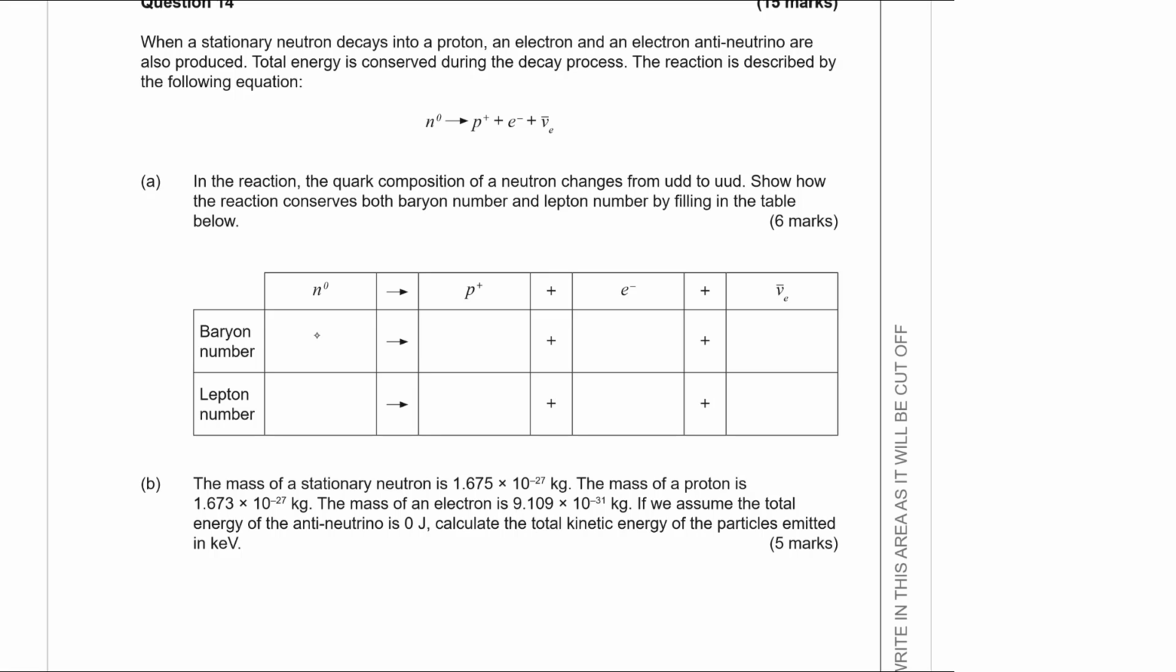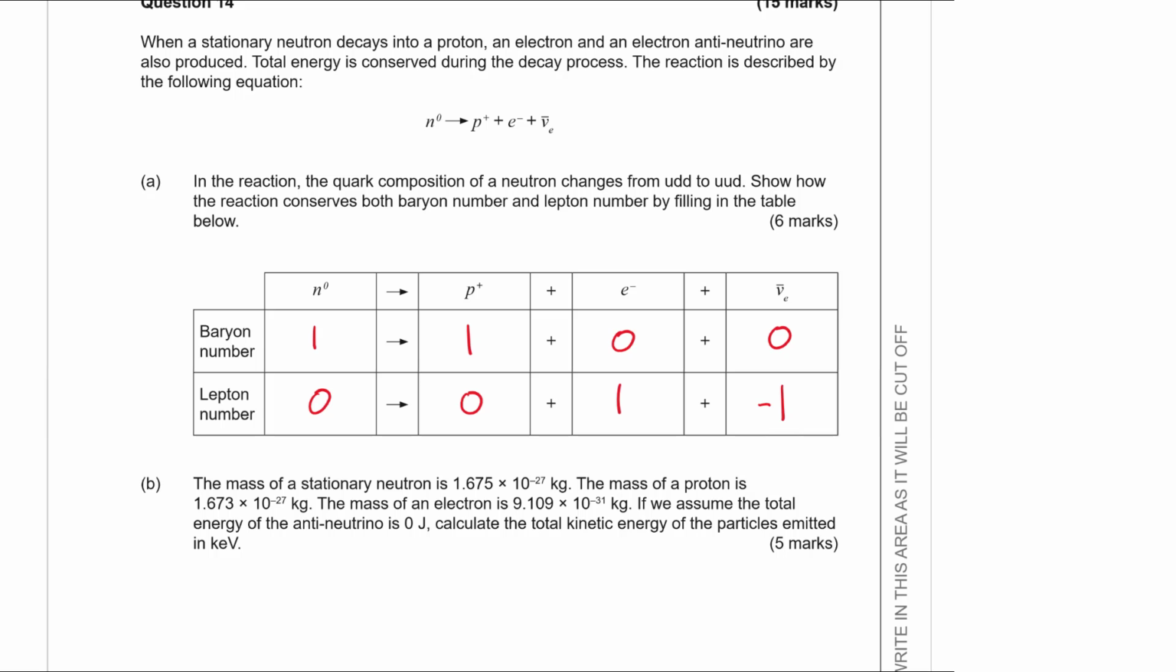If you've got a neutron, that's going to have baryons in it, so it's going to be 1. A proton is also going to have baryons in it, so it's going to have a 1. The electron and the anti-electron neutrino are going to have 0 and 0 for baryon numbers, but they will have lepton numbers. So 0 and 0 for lepton numbers for the neutron and the proton. There's no quarks there, but the electron and the antineutrino, that's where things, I guess, could get a little bit hard. The electron has a lepton number of 1, and